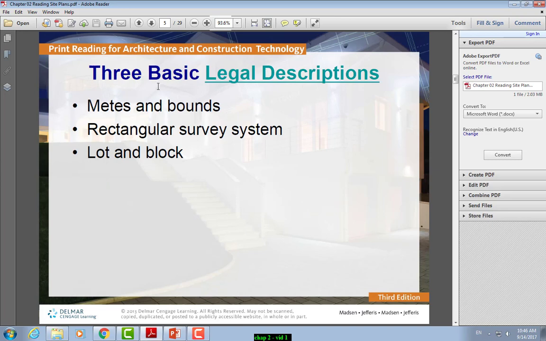Legal descriptions. Each property that exists has its own legal description. It's like a name that is given to a piece of property. It's like its own ID, and this is recorded at the county, usually. So in other words, if you want to know the legal description of the property where you live, you can go to the Hidalgo County Appraisal District. You can do a search, and it'll give you the actual